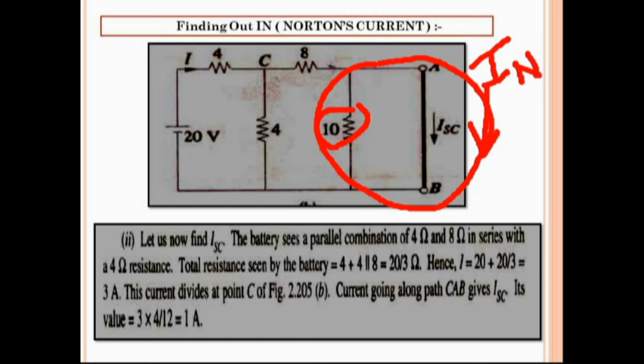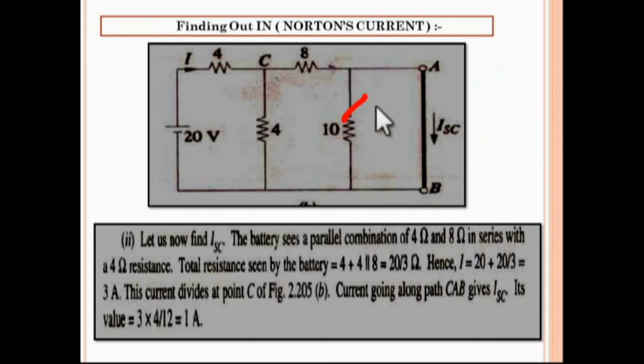So you have to eliminate this resistance from the circuit, because no current will flow. इस 10 ohm के रेजिस्टेंस से कोई भी करंट फ्लो नहीं होगी क्योंकि ये राइट अक्रॉस पैरेलल में कनेक्टेड है इस शॉर्ट सर्किट के. सो गाइस, नाउ यू कैन सी, ये वाला रेजिस्टेंस अब आपको एलिमिनेट करना पड़ेगा. Remove this resistance from the circuit, and then 8 ohm and 4 ohm are connected in parallel.